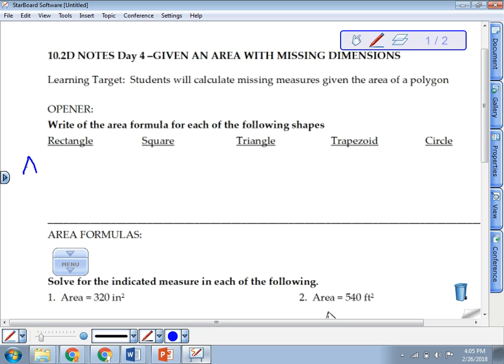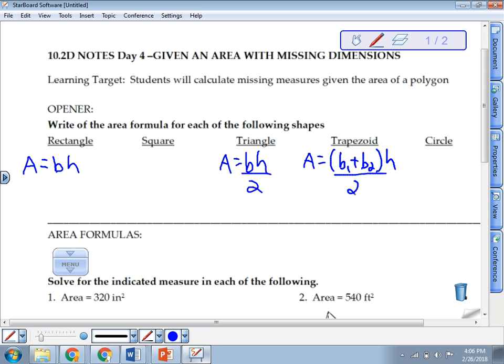So rectangle, remember that's base times height. Squared, same thing as the rectangle. All right, base times height. There's really no difference there. Okay, a triangle. All right, area equals base times height. This time we're going to divide it by 2. The trapezoid, similar, but remember trapezoid has 2 bases, so we're going to go base 1 plus base 2 times